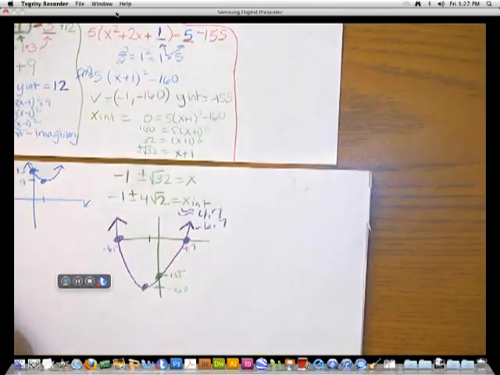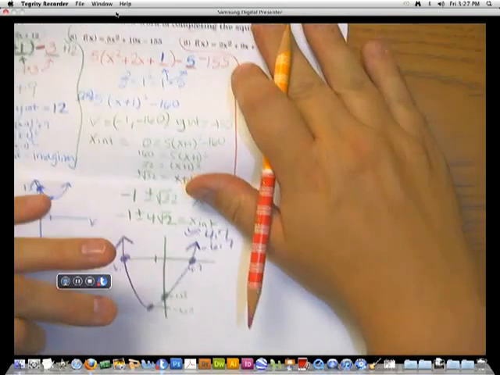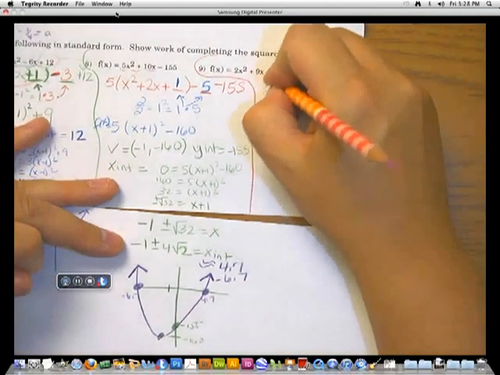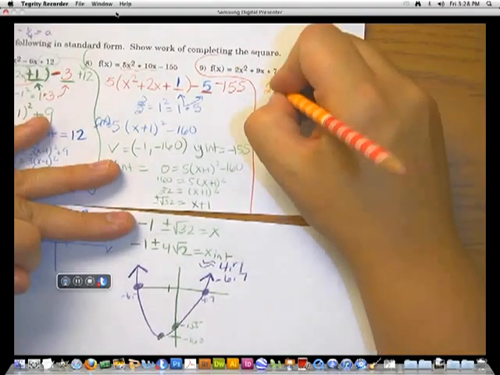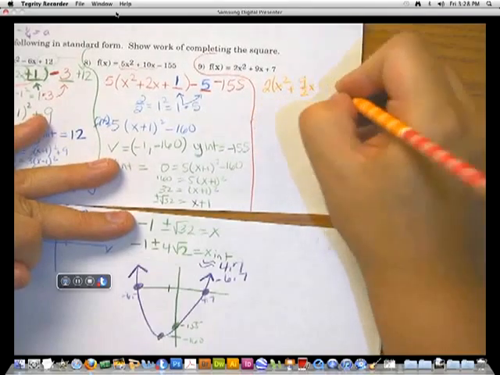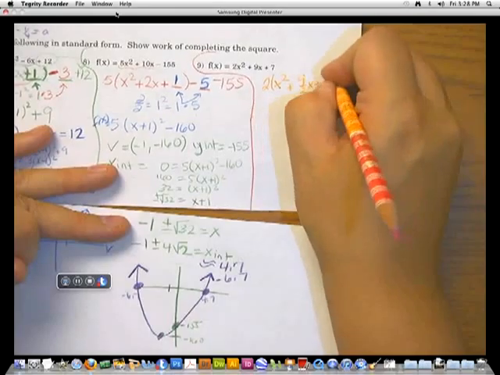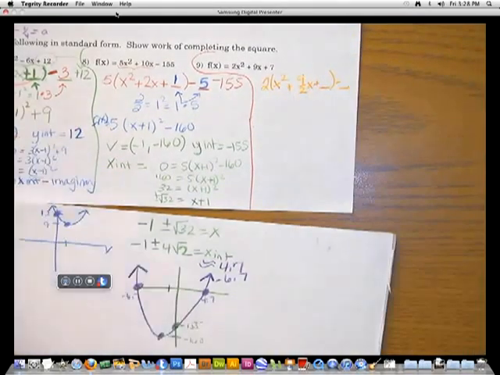The only problem is that when we do this, we're going to get a fraction. And fractions are okay, but we sometimes have a little problem with them. So when I pull out this 2, and that's what I have to pull out, I always got to pull out the a, because I need it to be an x squared. When I pull that out, I'm going to get 9 halves. Plus a space, minus a space, and then plus